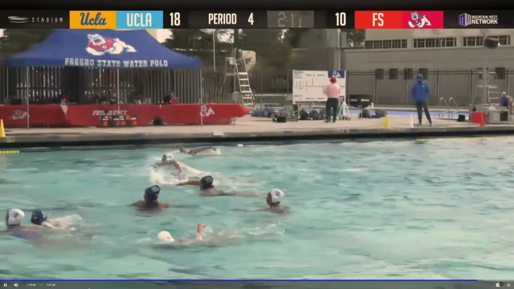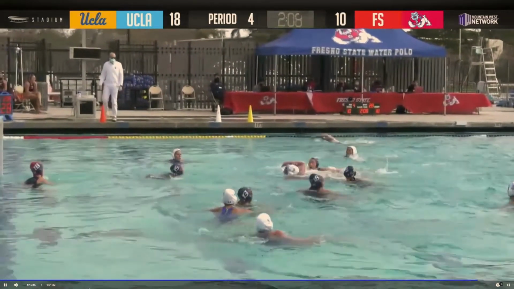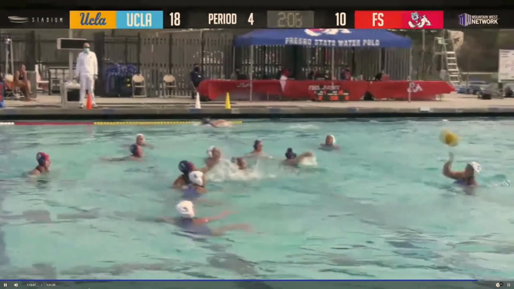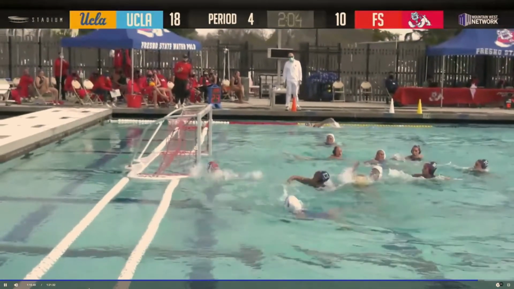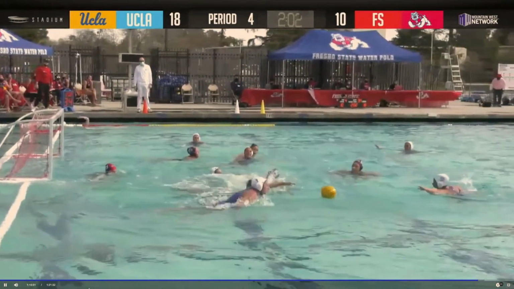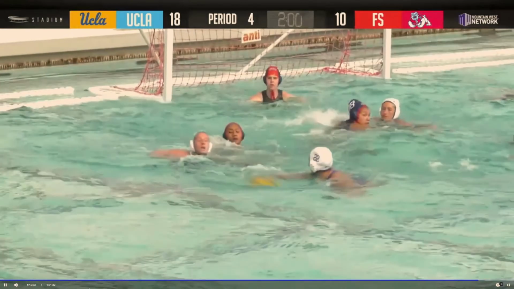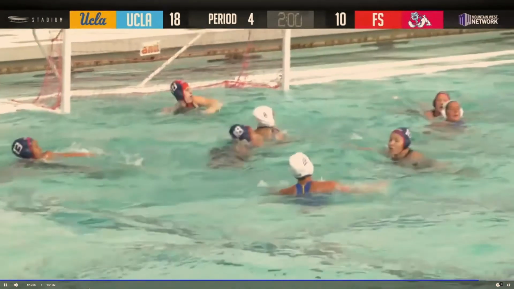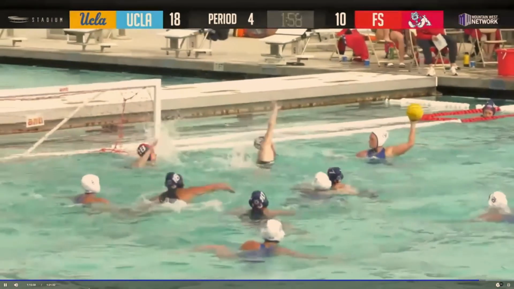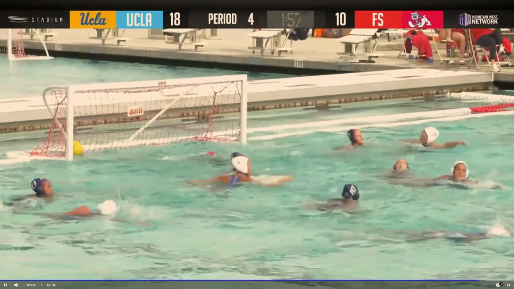A couple off the post, but also you got to credit the UCLA defenses. They've done a nice job to take the ball away and not allow those easy shots, as that one again ricochets away. And it'll stay with the Bruins 2 minutes exactly. And the Bruins able to put